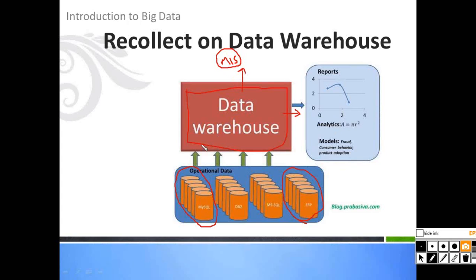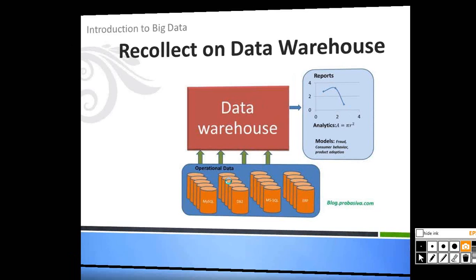But the essence of the warehouse is that we have a collection of repositories. There we would have known schemas. Of course, they don't completely comply with normalization. They do some sort of normalization to fit reporting and other purposes. So this is a typical structure you see in data warehouses, right? Now if you move on to the next one,